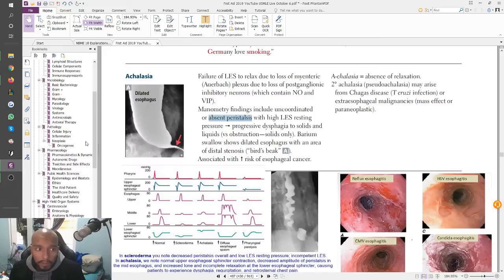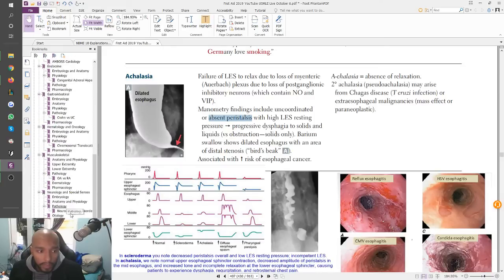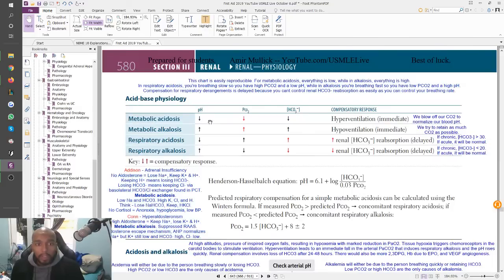Let's take a quick look at acid-base physiology. We revisited that page so many times because there are so many questions on acid-base physiology. Where's renal acid-base physiology? Okay. So you see, if you forget about the color coding here, the red arrows and black arrows, just think of everything in the same color. In metabolic acidosis, everything is low. You see, pH is low, CO2 is low, bicarbonate is low, and you have immediate hyperventilation because you have a metabolic derangement. So to fix it, you have to do a respiratory thing, and we can control respiratory things very quickly, right?